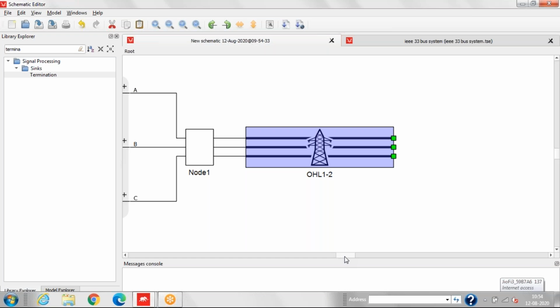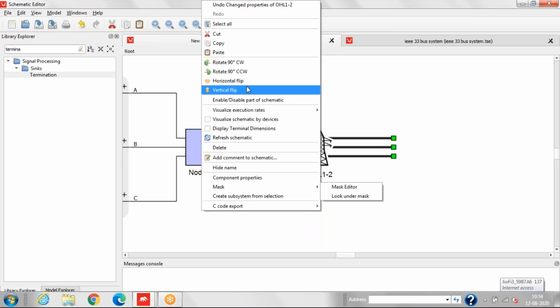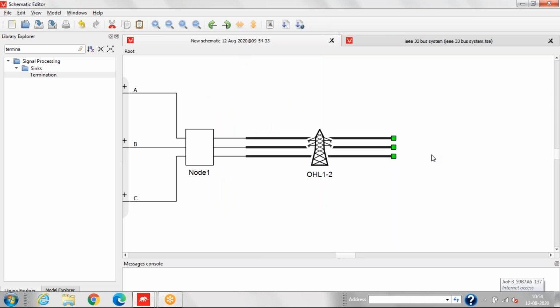So now we require the node 2. Similarly, we'll copy this and we'll paste it here, because almost all the measurement components will be the same in this node 2 as well, because we have taken all the signals as local, so that it will go only to that particular node.